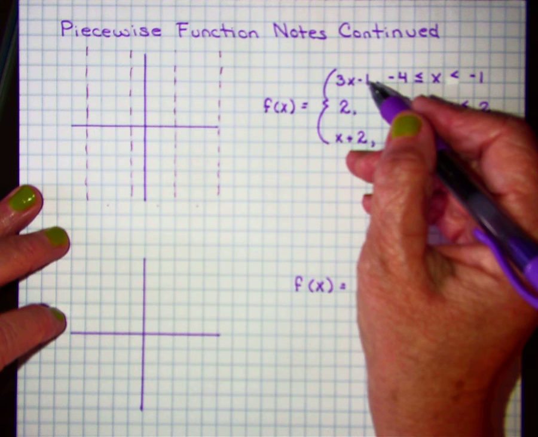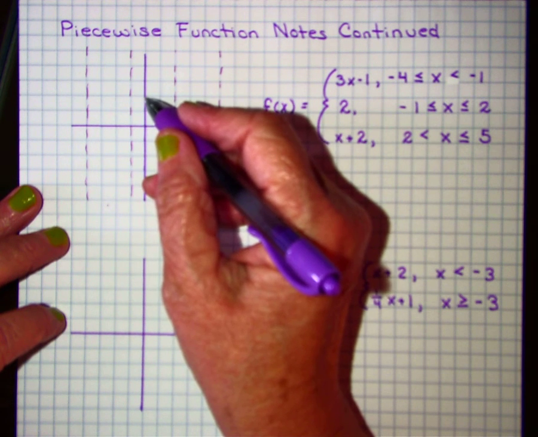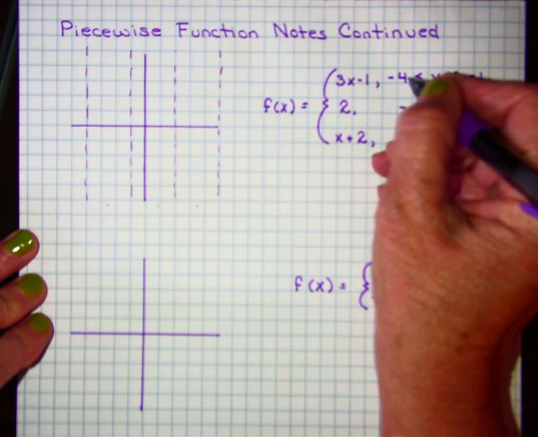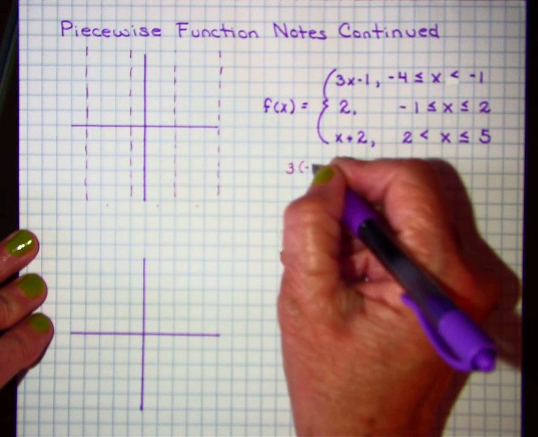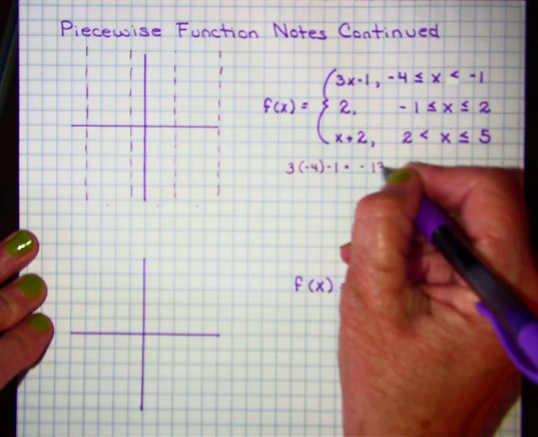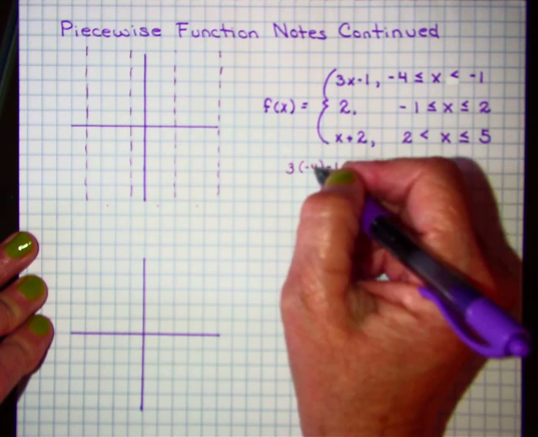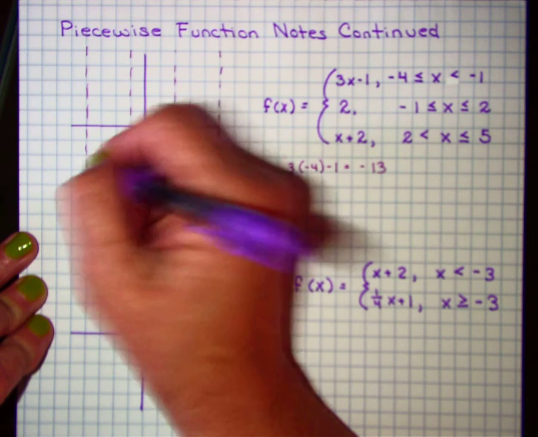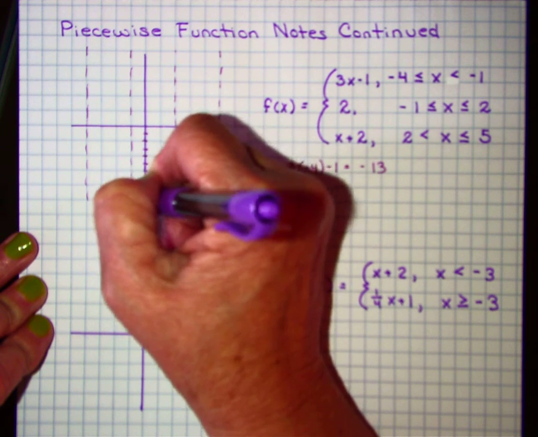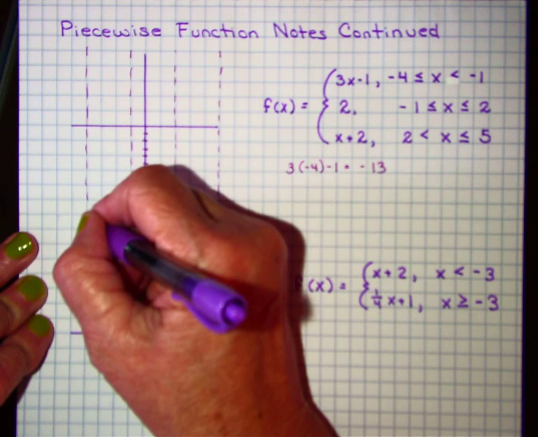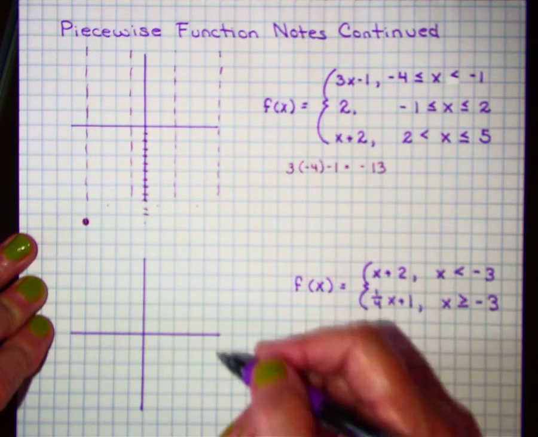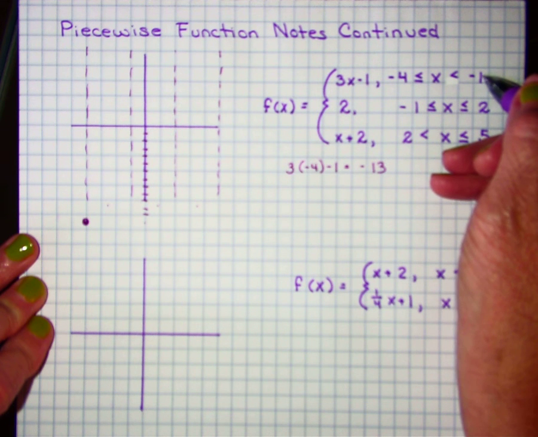When I look at a function like this, 3x minus 1, I could go to -1 and do down 3 and over 1, and I can come up with where it should be. It's easier to take these two endpoints, though. If I take 3 times -4 minus 1, that will equal -12, -13. Okay, so at x = -4, y = -13, this function exists. So let's make each of these 2. That's 4, 5, 6, 7, 8, 9, 10, 11, 12, 13. So right here at -4, -13 is an endpoint, so it will be solid. Now it doesn't touch -1, but it gets very close. So